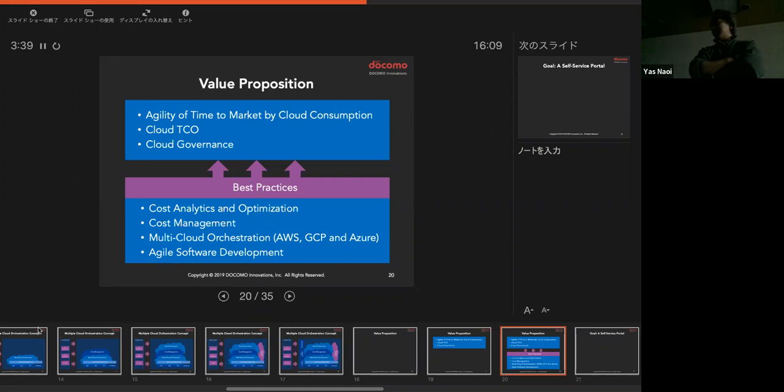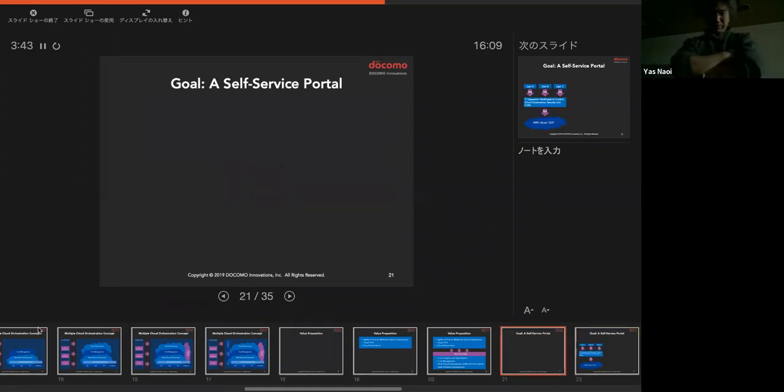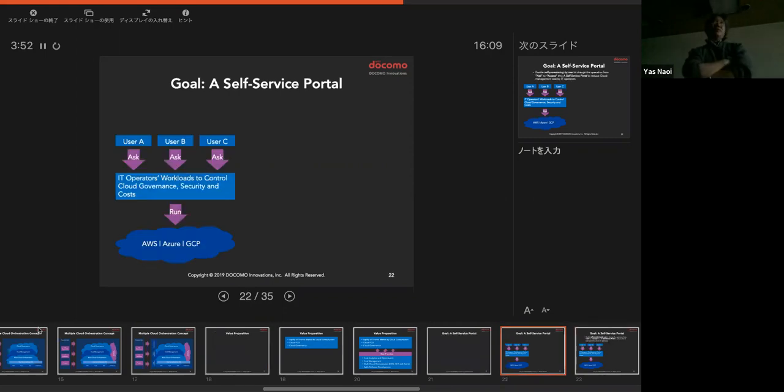And previously, in the previous session, I talked about agile software development. So one of the goals is to provide a self-service portal to our engineers. Here is a use case scenario that happened before in our branch office. We have several researchers for machine learning and deep learning to analyze images.